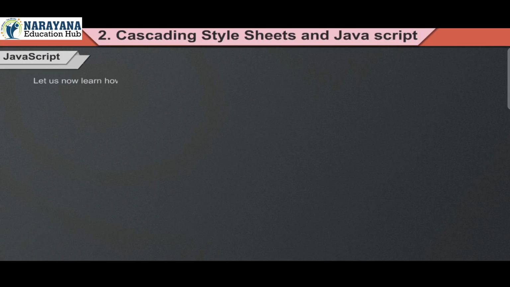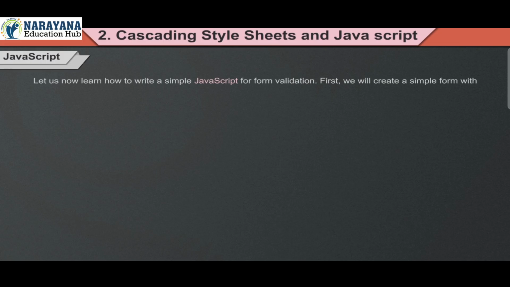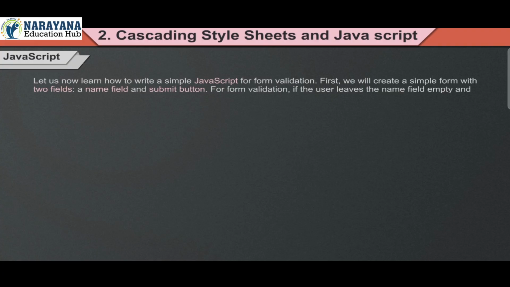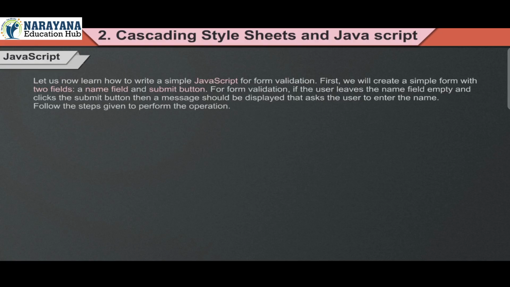Let us now learn how to write a simple JavaScript for form validation. First, we will create a simple form with two fields, a name field and submit button. For form validation, if the user leaves the name field empty and clicks the submit button, then a message should be displayed that asks the user to enter the name. Follow the steps given to perform the operation. Create a new file and save it. In the example, we have saved the file with the name